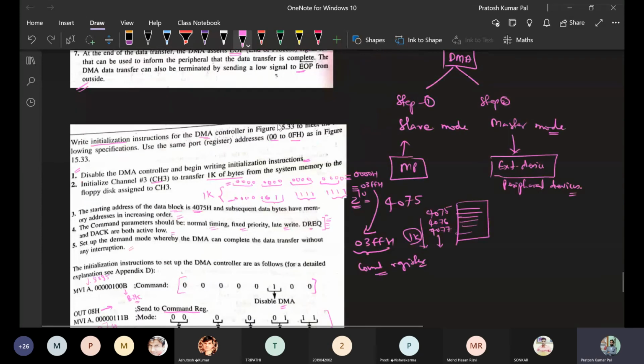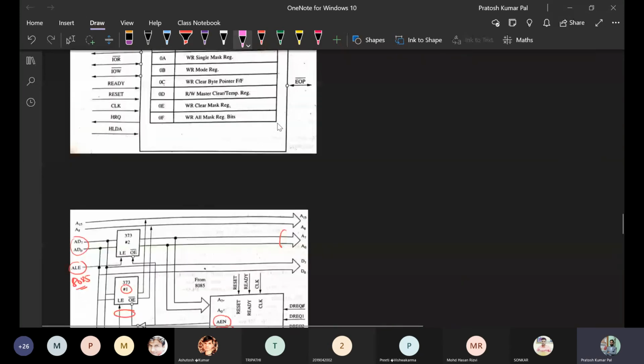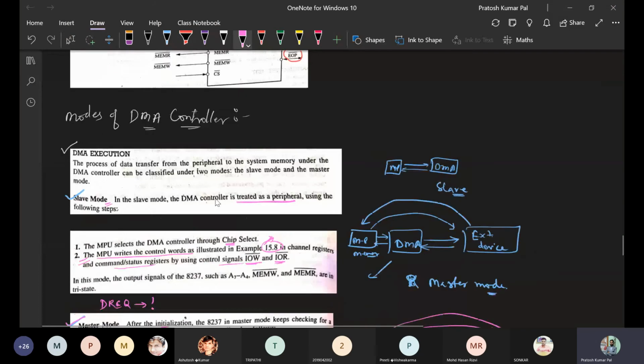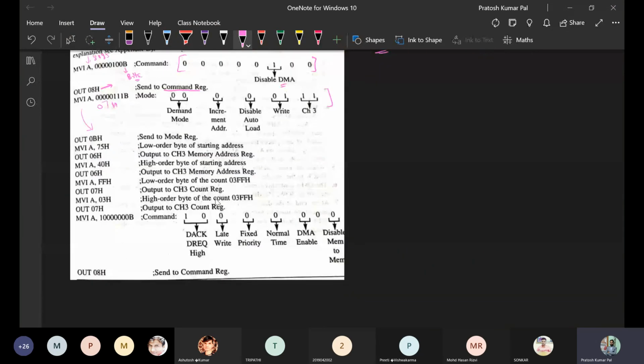That means once we are going to write the data, the microprocessor is going to write the data that will be given to the 0B location. So it is writing the data to the DMA controller. Once it is given, the DMA needs to perform the different write data operations. To write the data, we need the starting byte, that is, from which location data should be written.